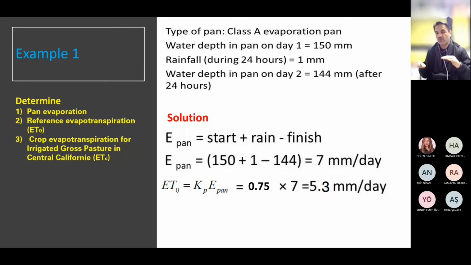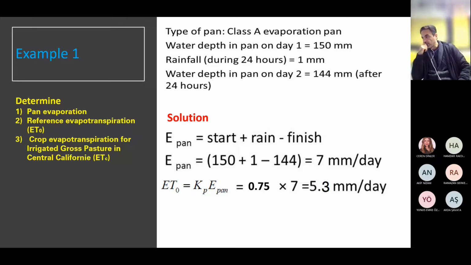If you subtract those, it gives you the amount of evaporation. However, we have 1 millimeter of extra rainfall during that day. Therefore, we add that water to the amount of water that we had at the beginning. And from these calculations, I can find that pan evaporation equals 7 millimeter per day,